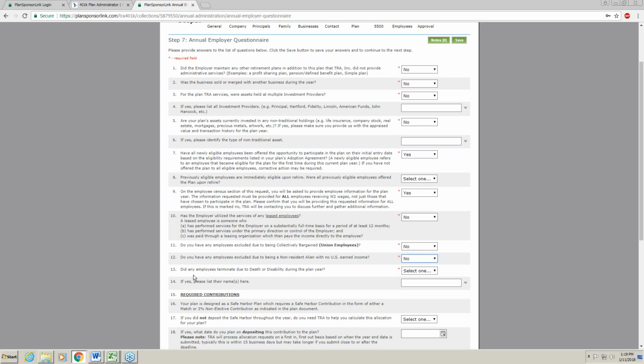And another required component is if any employee passed away during the plan year or went on disability for longer than 12 months during the year. Sometimes this impacts some of the employer contributions that a company might give. If you didn't have any of those circumstances happen to any of your employees in the plan, then just click